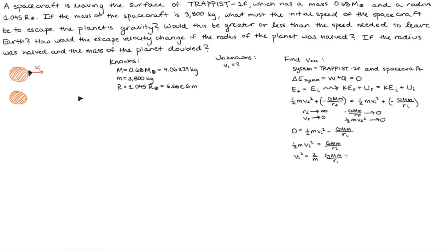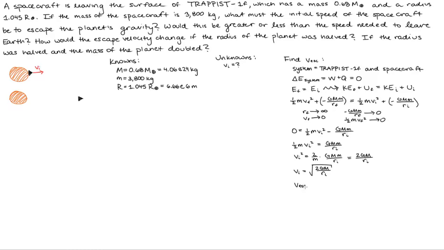The mass of the spacecraft cancels, leaving us with 2GM over r initial. Taking the square root of both sides, we find that v initial equals the square root of 2GM over r initial. Since the spacecraft begins on the planet's surface, we now have an expression for the escape velocity,